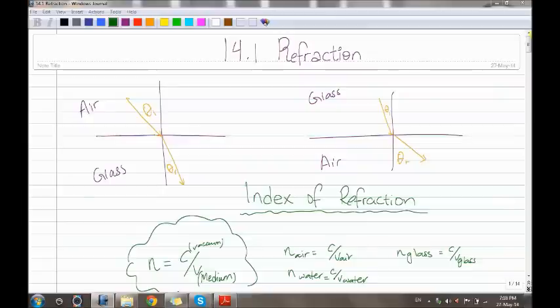Okay, today I'll be explaining 14.1 and 14.2. First, 14.1 refraction. Now, as you can see here in this diagram, first of all, the medium is